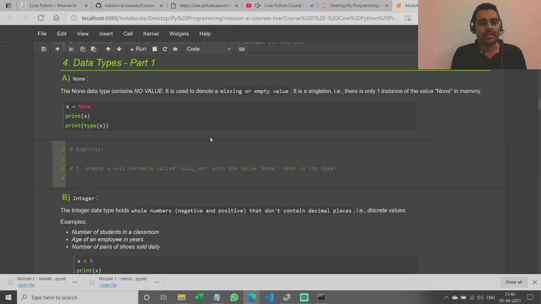Okay, so let's get started with data types. The first data type we're going to look at is None. As the name suggests, it is used to denote a missing or empty value. The None data type shows the lack of a value. And it's something called a singleton class, which basically means that, for example, if I had integers,